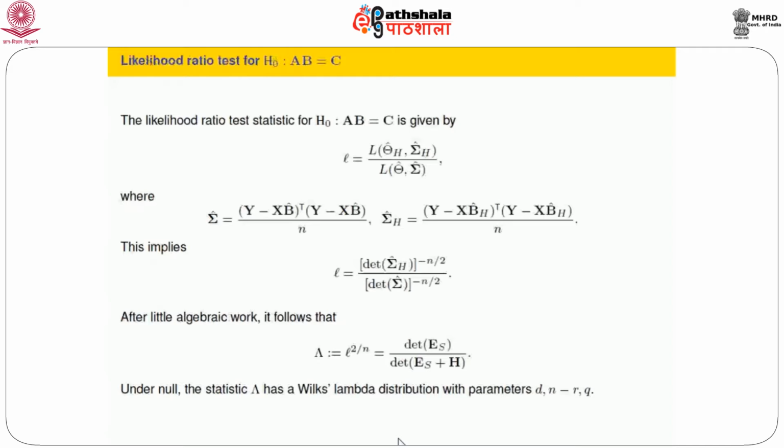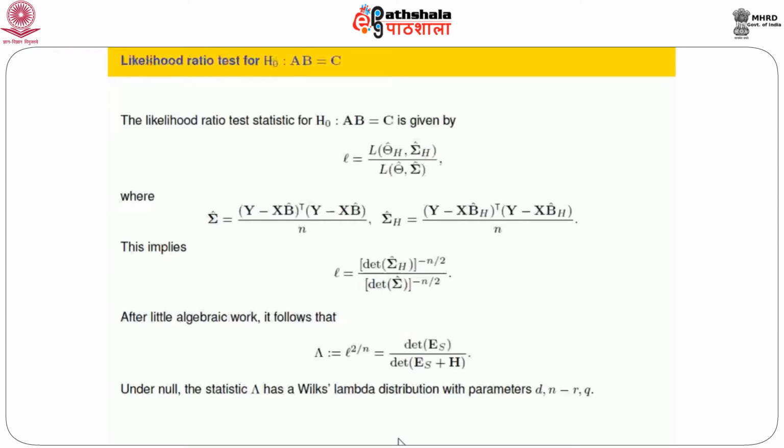What is theta H hat? We have seen earlier, it is this object, X beta H hat. What is sigma H hat? It is the corresponding error sum of square matrix divided by n. And in the denominator, L of theta hat, what is theta hat? This is X beta hat, and sigma hat is the error sum of square matrix divided by n without any restriction